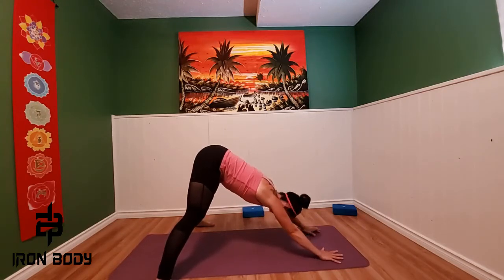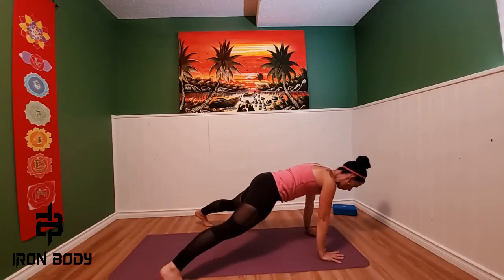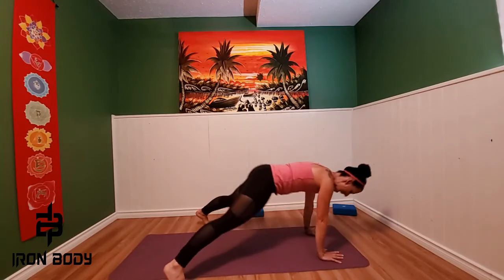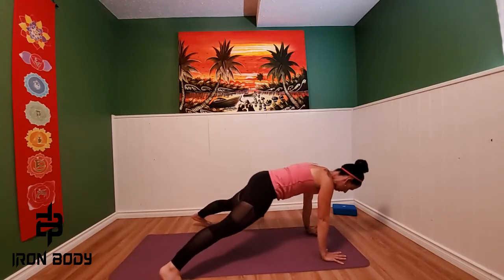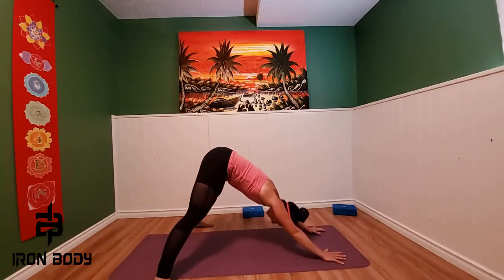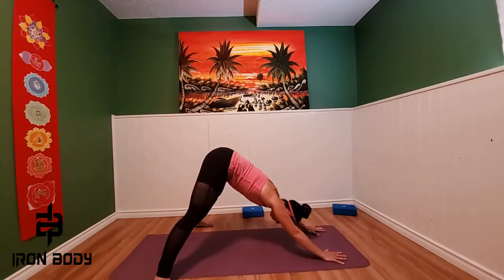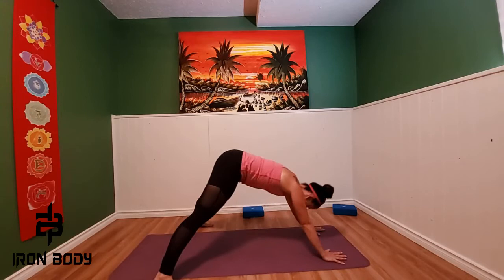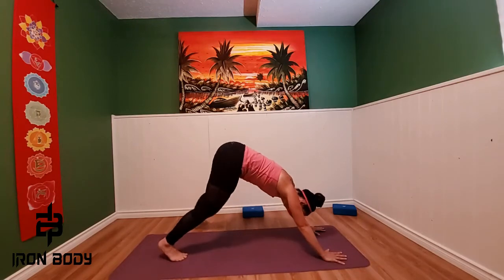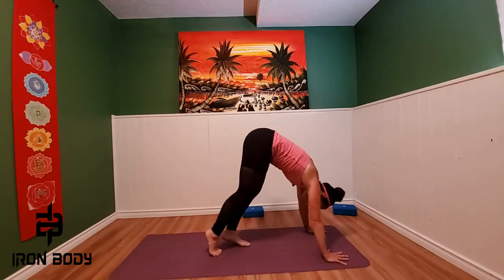We're going to flow this a little bit. So let's inhale forward, sliding forward, shoulders coming over our hands, finding our plank. Exhale, pressing it back, down dog. Let's do a couple more. Using your own breath here to inhale forward and then exhale back, pressing it back. Let's do 2 more. 1 more. Wonderful. Let's walk those feet in, finding our traditional down dog, and we begin to walk our feet towards our